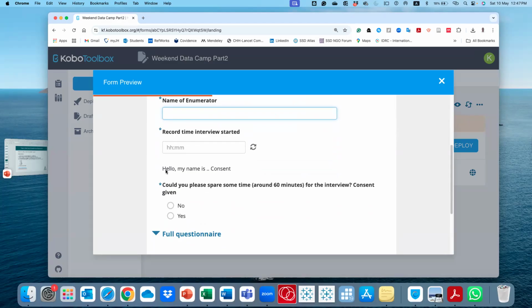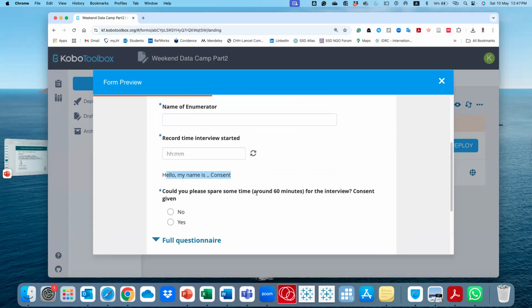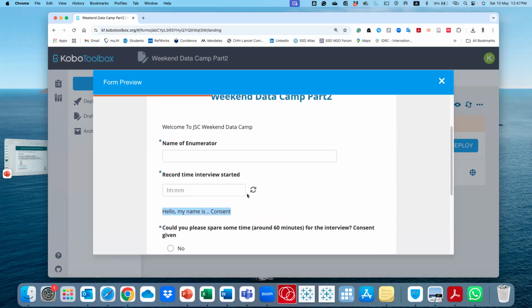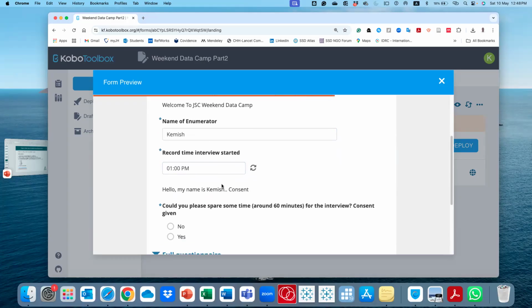And then you may want to create a consent section here, where they'll read this out to the enumerator, I mean to the respondent, the consent. So my name is da da da. Last time we said if you put your name, Kamish for example, you say my name is Kamish, and then you can continue with part of the consent.